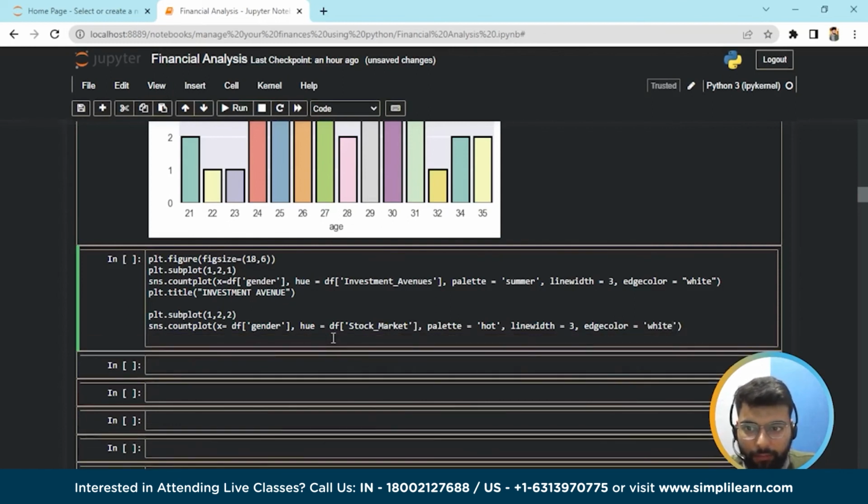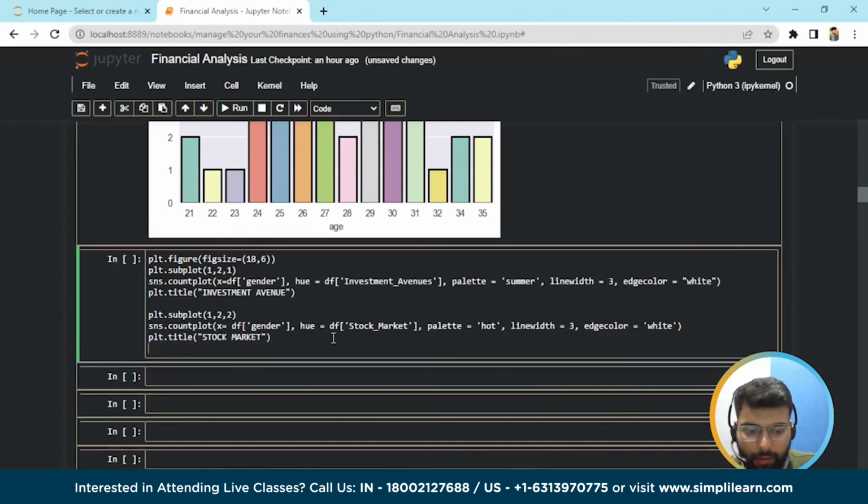and after that we would set the title for it, plt dot title, and inside title we would set it as stock market, and use the function plt dot show to show both the graphs. Now we'll run this command,